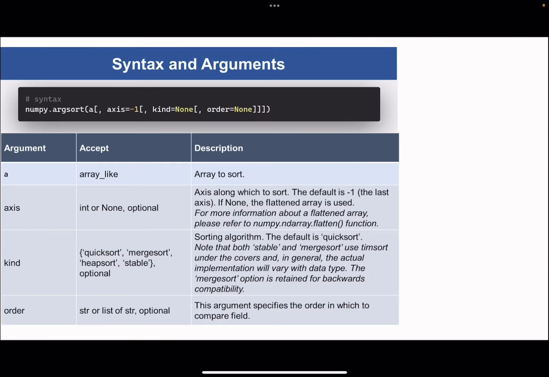As you can see, I've shown a syntax and argument table on the same page so that you can have a better intuition of what syntax and arguments really are. First, let's take a look at its syntax. To use this function, you have to import the NumPy library first, and then you can call this function using the dot operator, along with argsort, its name, of course,